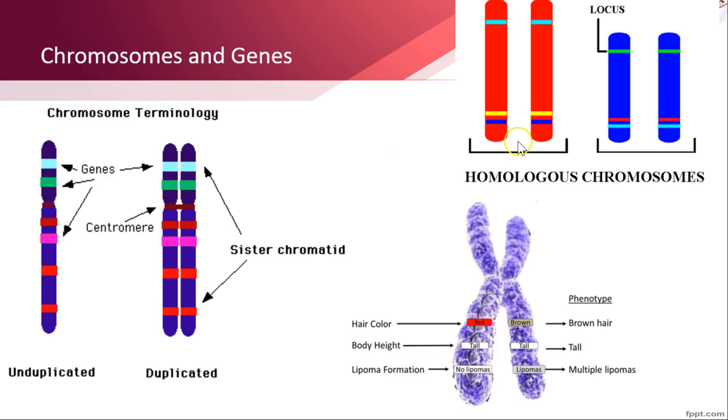So, homologous chromosomes will have the same genes, maybe not the same alleles, and an allele is a different version of a gene. They may not have the same alleles, but they will have the same gene banding pattern. So, homologous chromosomes, same gene banding pattern, okay? And here's just another example: here are genes for tall, here's a gene for red, here's a gene for brown, for hair color, whatever. So these would be the alleles,